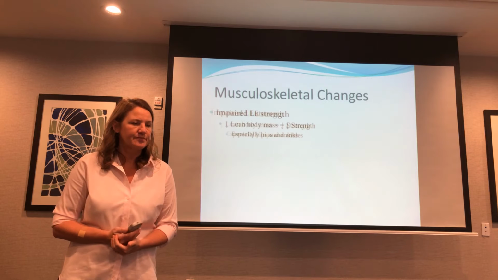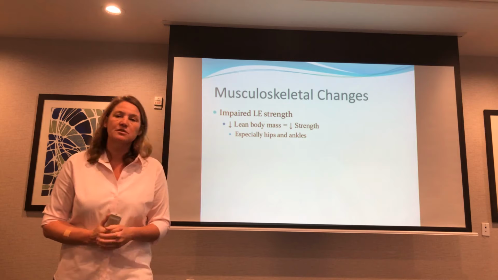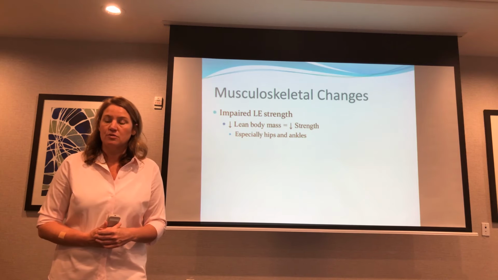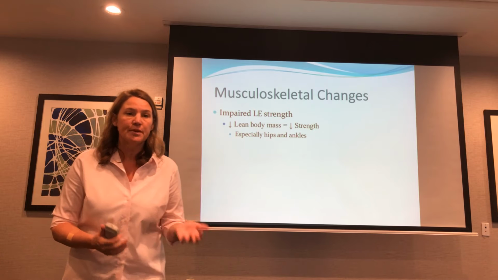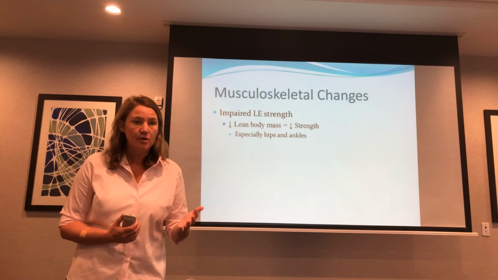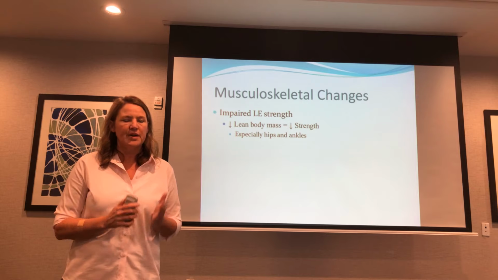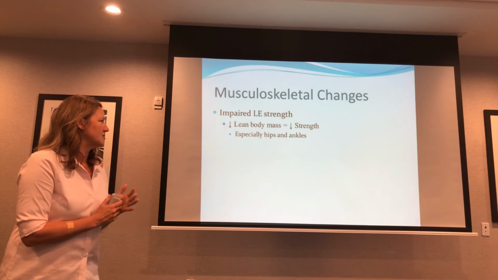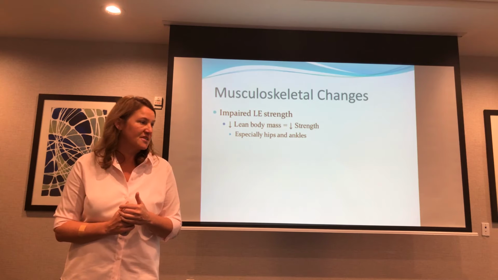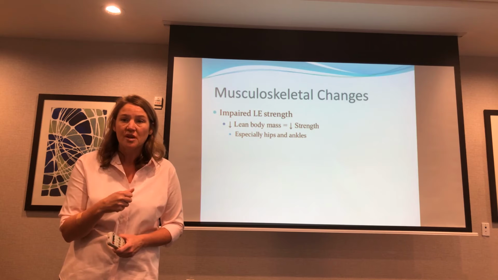So when we think about what occurs as we age, there are musculoskeletal changes. We start to develop muscle less; it's harder to build muscle and easier to lose it. Many of us already know this. I say lower extremity strength because that's going to affect your balance the most. Upper extremity strength decreases as well, and actually grip strength is a good predictor of falls, which seems right.